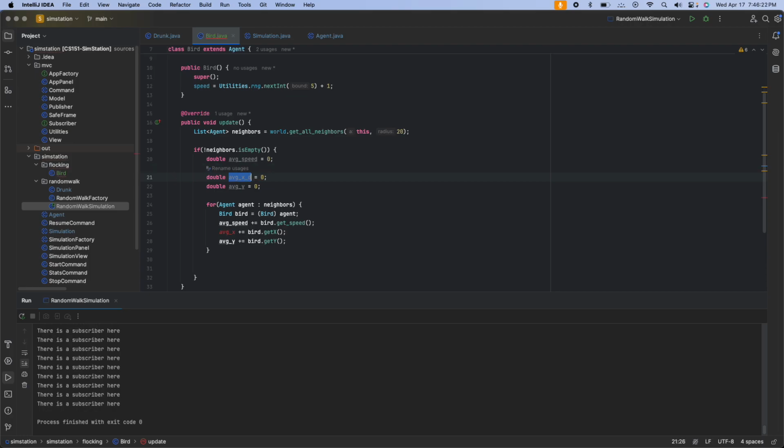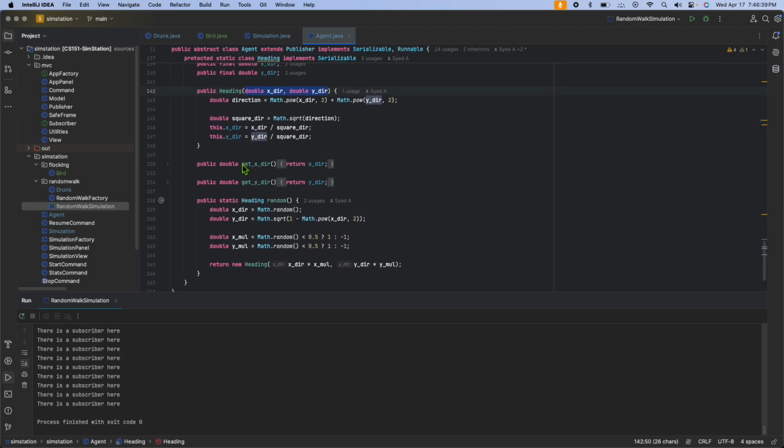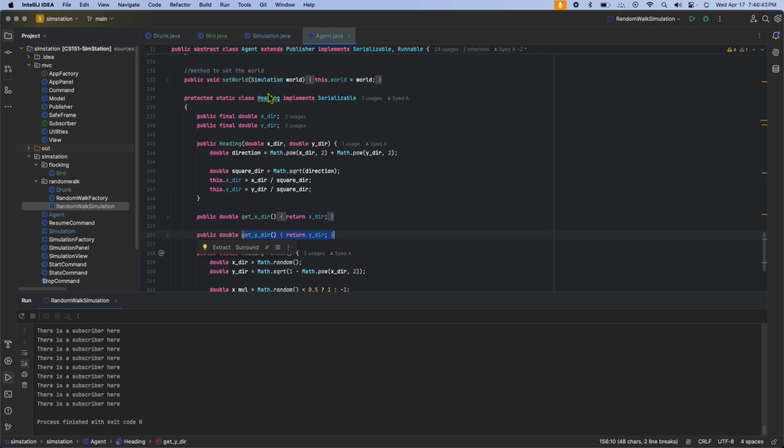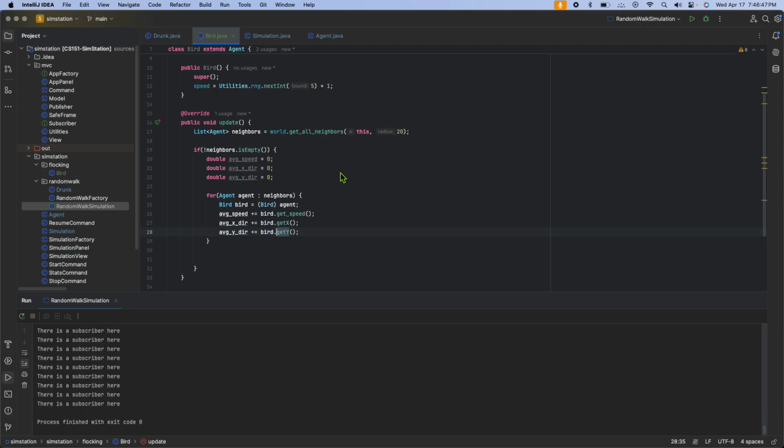Let's have good variable names, ladies and gentlemen. Average x direction, average y direction. And what we're gonna do is, let's look at get x direction and then get y direction. But this is gonna be bird dot heading dot